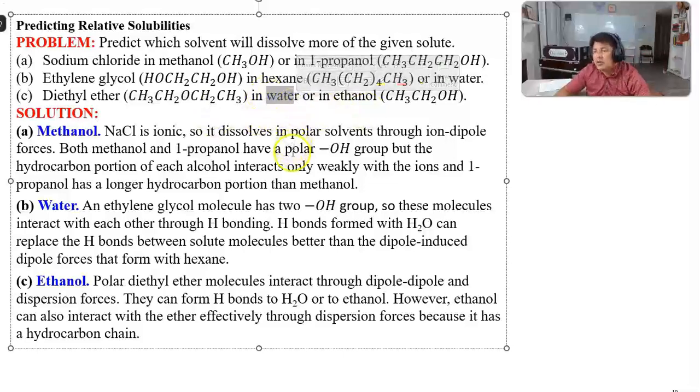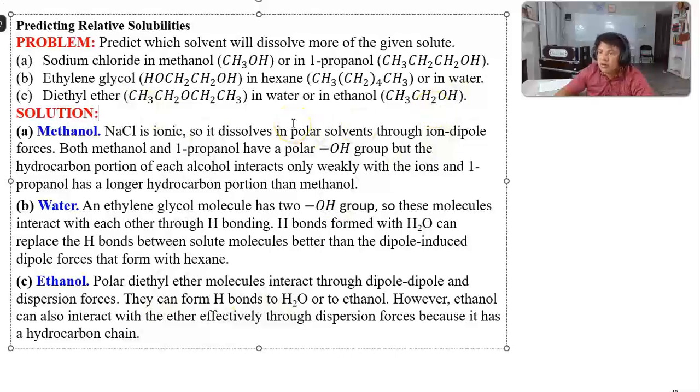It has a hydrogen bond and a dipole interaction, right? So water has a dipole, but diethyl ether doesn't have a hydrogen bond, while the alcohol also has a dipole and has this dispersion part. Because the dispersion force dominates in this case,